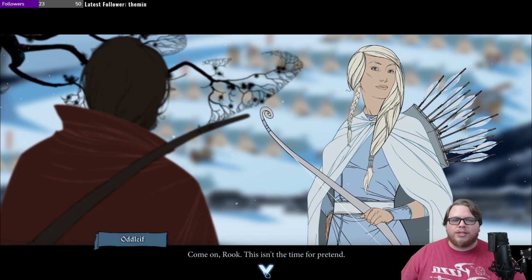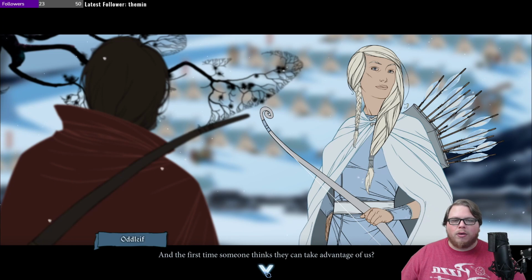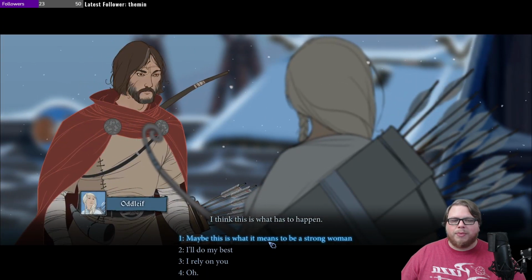Come on, Rook. This isn't the time for pretend. It's not just about our small town. What happens the first time we need something from another clan? How will that go? And the first time someone thinks they can take advantage of us? I think this is what has to happen. Maybe this is what it means to be a strong...